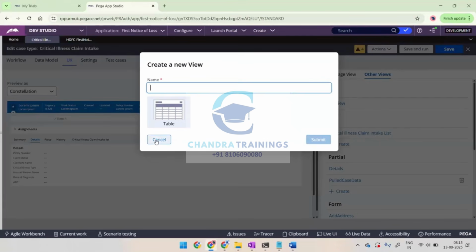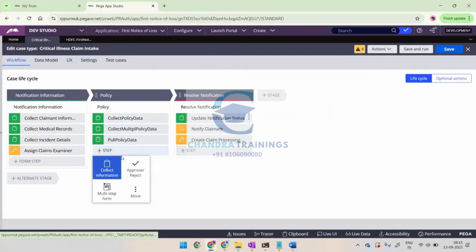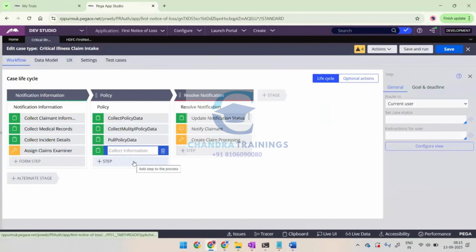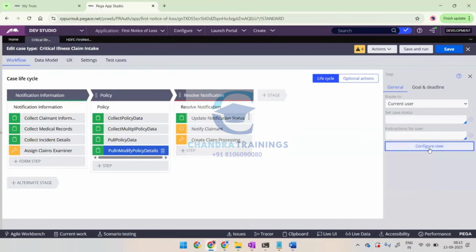If you're doing it from here, something like modify, pull and modify policy details. This is the name I'm providing. So if you click on configure,